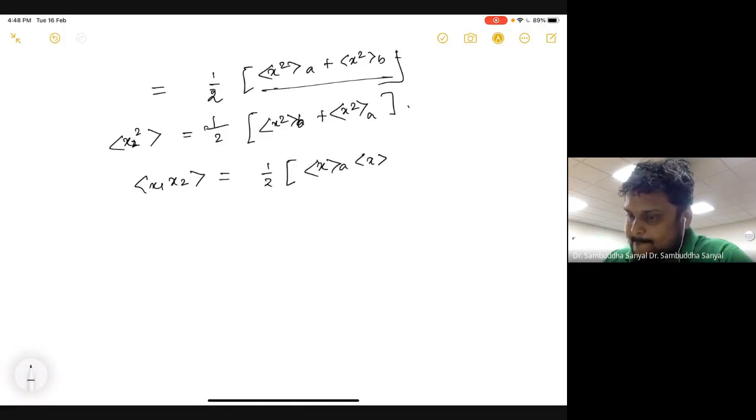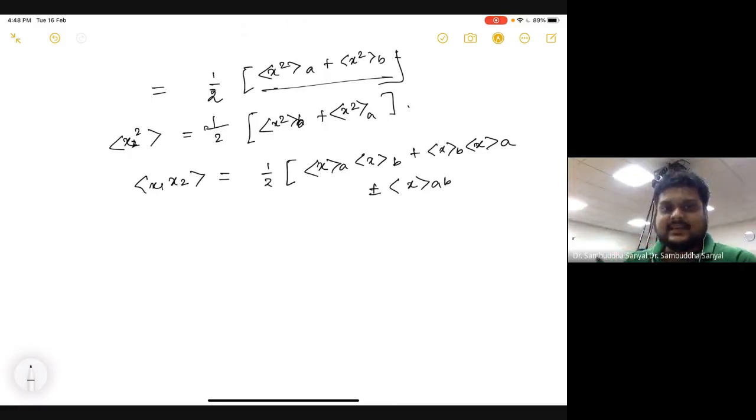So you get this. This xab is the term which has an x and then psi a and psi b. Earlier there was only the psi a psi b integral that was vanishing because they were orthonormal. But now if you put an x in the middle, then they need not vanish, because the x operator acting on psi a can have a projection on psi b. That need not be orthogonal, right?